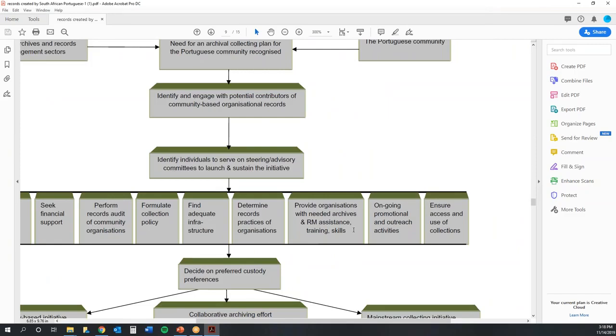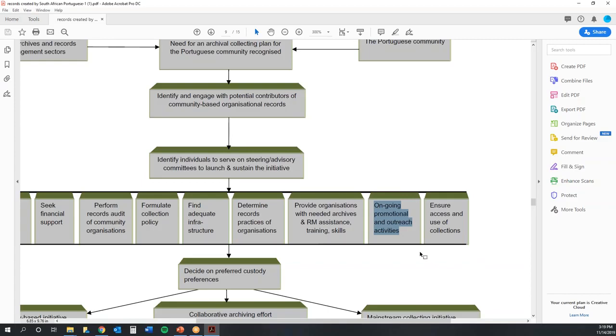So, these are all parts of the process, and it is a lot, and it does take a lot of resources to make this happen, which is something that we'll touch on earlier. So this is a big one right here, and it's one that I've mentioned a few times: ongoing promotional and outreach activities. And it really is important to think about how a lot of these other things can be ongoing